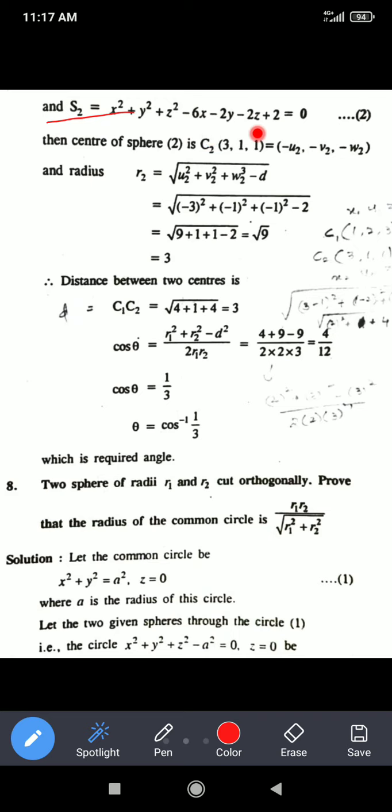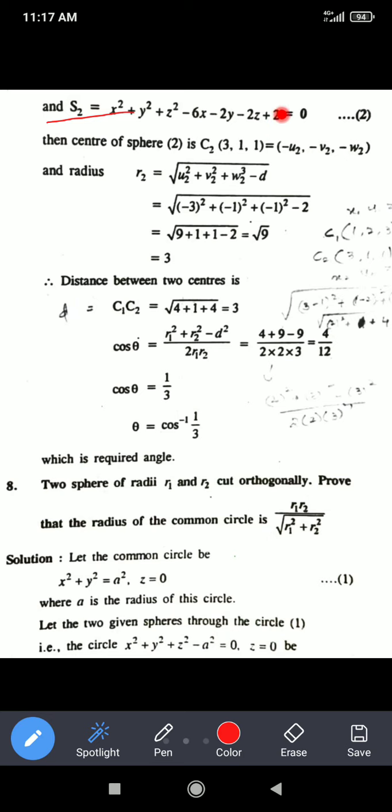Okay, so the 2 gets cancelled, dividing by 2 in this term, so 2 ones are 2, 2 threes are 6, we get minus 3. So here it is minus u2, so we get positive terms, and dividing by 2 we get 1, and dividing by 2 we get positive 1. Otherwise we have to find it this way: divide by 2 in this equation, only the terms 2u, 2v and 2w are in this equation.